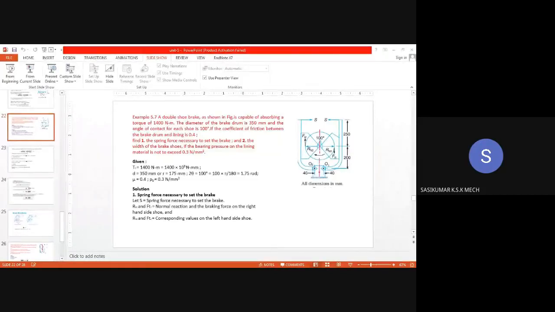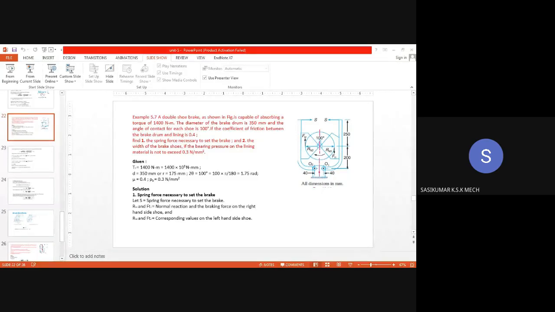So we have seen the design of clutches already. Clutches may be of plate type or cone type. In plate type, in order to increase the power transmitting capacity, you may have single plate clutch or multi plate clutches. And in order to have less effort from the operator side, we have another variety called cone clutches, where the axial force is not normal to the friction surface. It is at an inclined angle so that it is enough for the operator to apply minimum load. So that is what we have seen in the design of clutches.